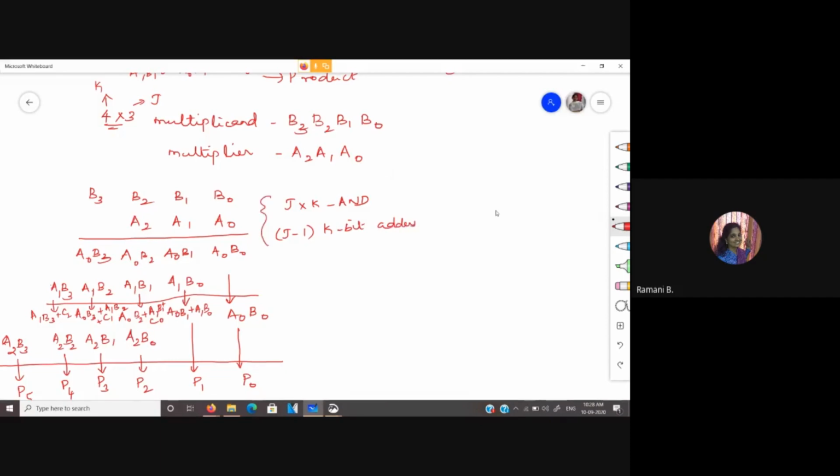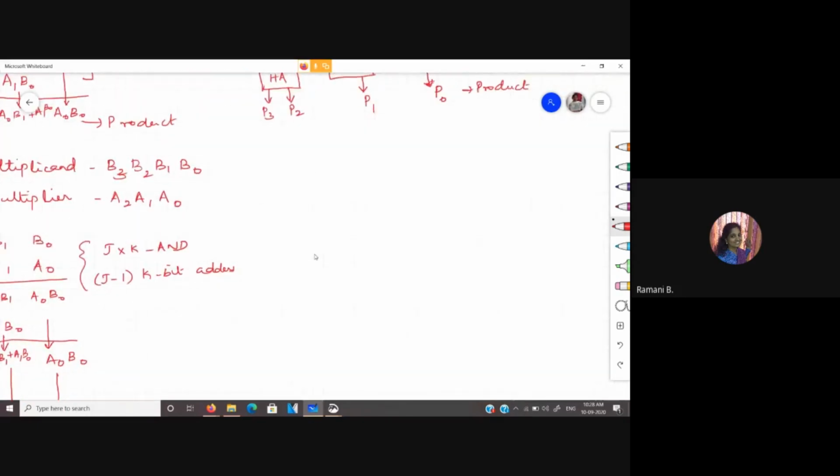Okay, so the diagram is going to be like this. First let us have a0, multiplying a0 with b0. This is the least significant bit of my product.